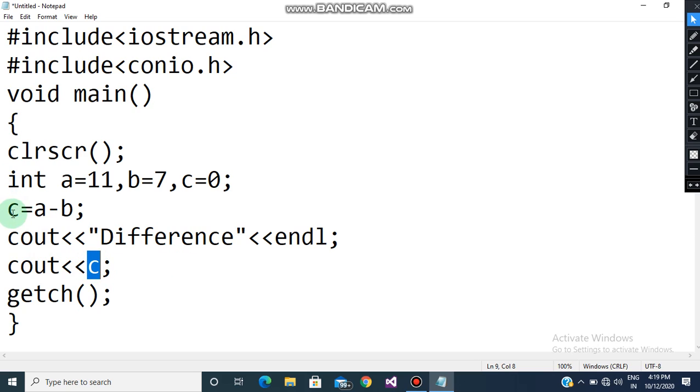I am writing c, because c holds the value 4, because a is equal to 11, so 11 minus b, b is equal to 7, so 11 minus 7. So the value in c is 4, and that is printed. Fine. And then getch(), which is used to hold your screen till you enter any key from the keyboard. Okay, this was the first program that we asked you to do.